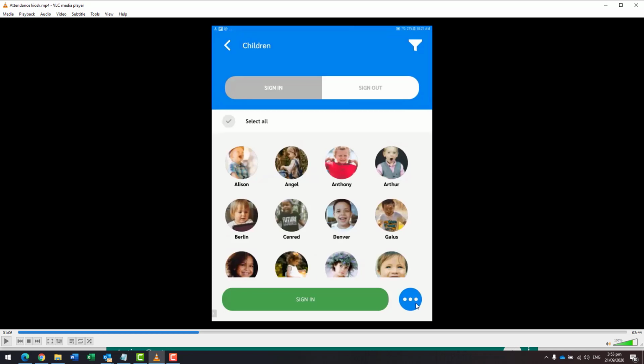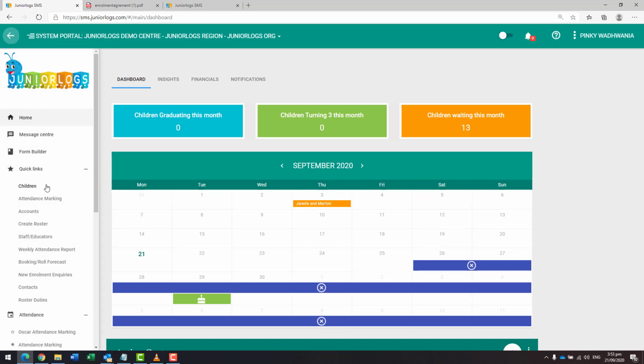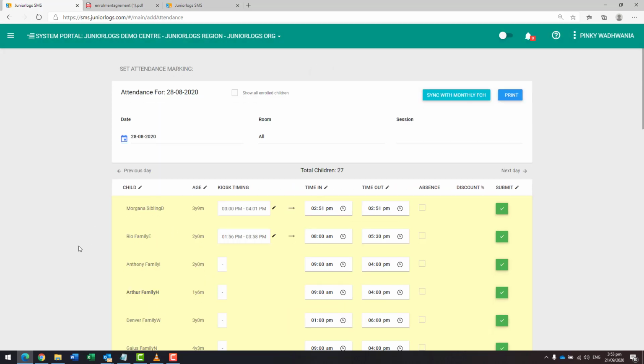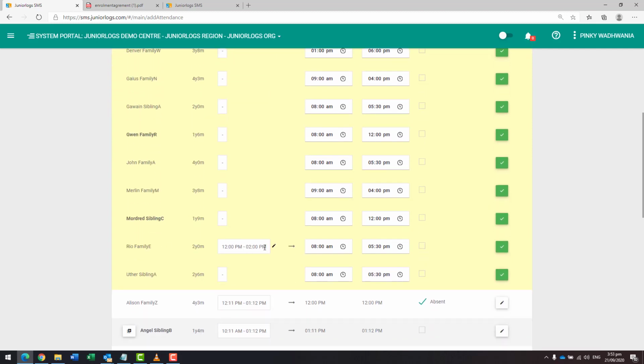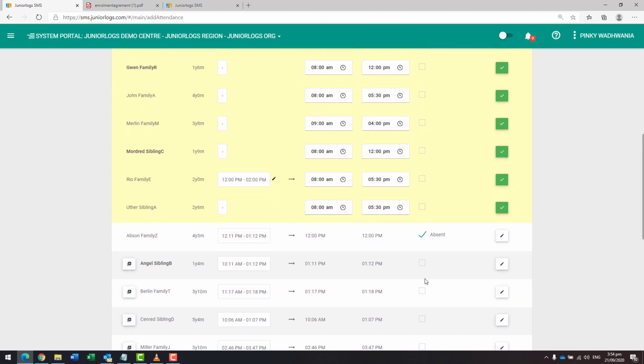Now, once you go through the daily sign in sign out from here, then on your attendance marking page, the kiosk timing column will get automatically populated. So you'll see the kiosk timings coming up. It's just a matter of copying it over to your final sign in sign out time, or if there are any mistakes that need to be corrected, they can also be done at the same time. Once the kiosk sign in sign out timing comes in and they get populated, those are the timings that will get reflected on your invoicing as well.